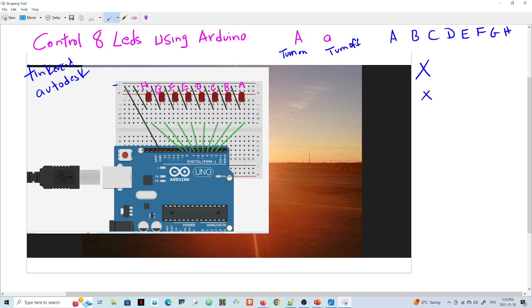So the convention I have here, let's say we go A, B, C, D, E, F, G,